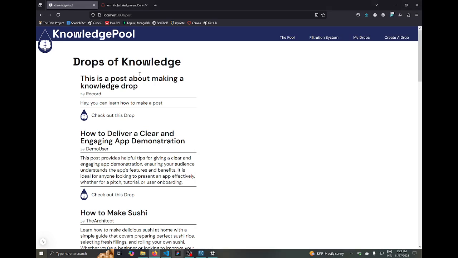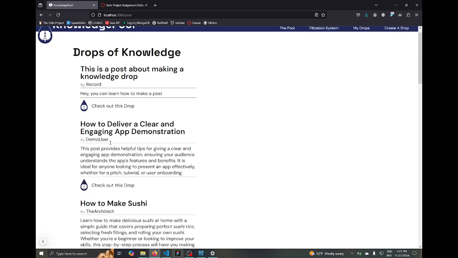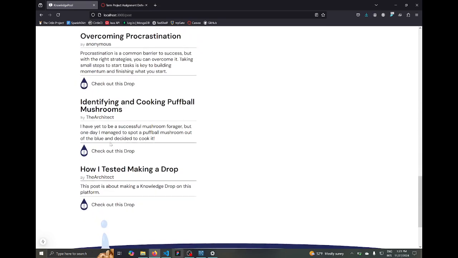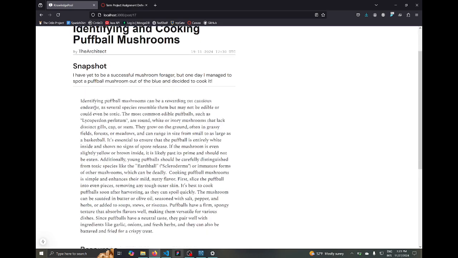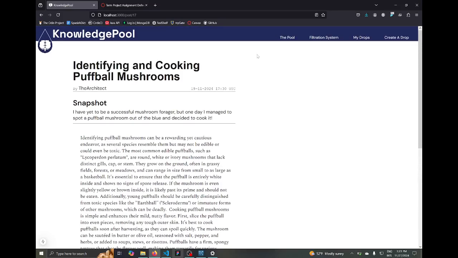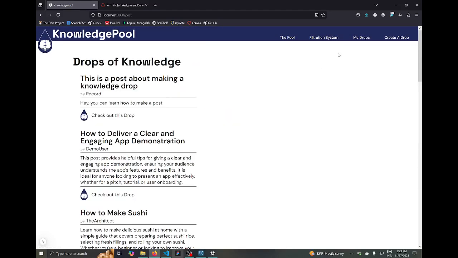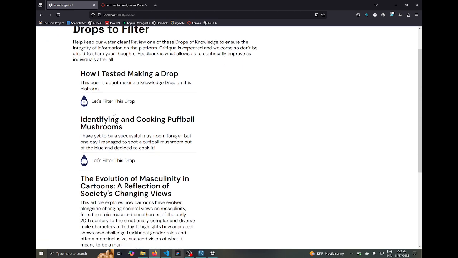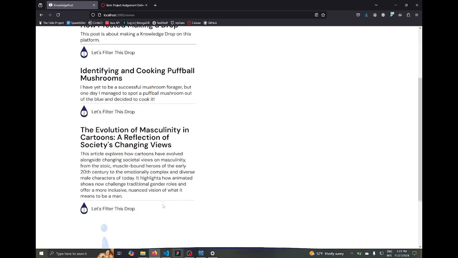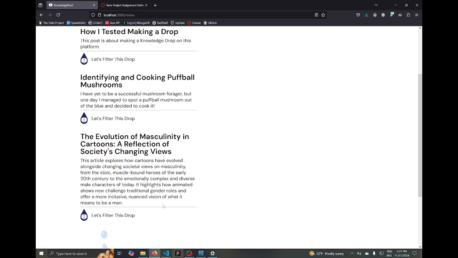Alright, then say if we want to see this post, we could read the post, but in the filtration system, which will have 3 of the oldest posts that have been submitted that don't have the correct number of approvals or need more approvals or rejections.